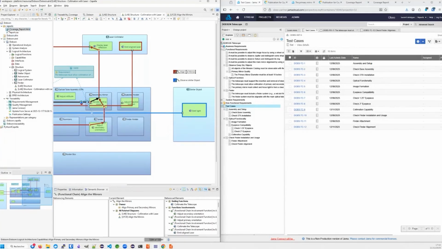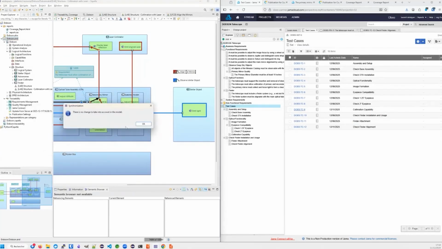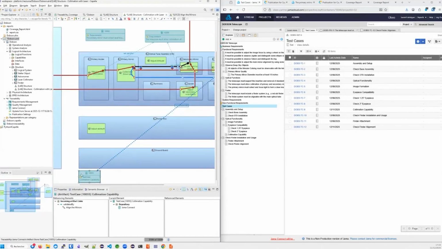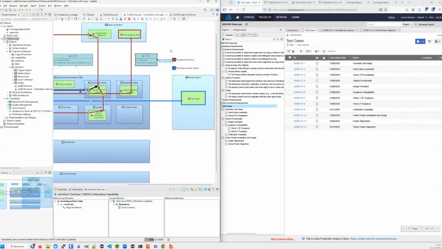This is just my environment that has a very low limit on the OAuth token duration. So I want to just trace the collimation capability with this functional chain, and ta-da, it is traced to this test case. You can see, compared to what we had before, this is a test case and not a requirement. But beyond that, everything works as easily.